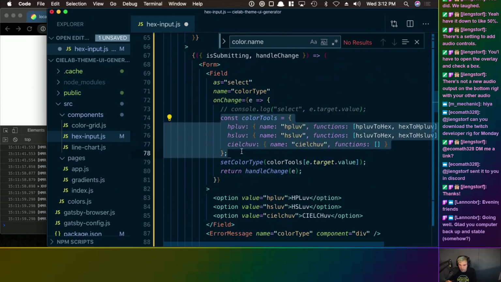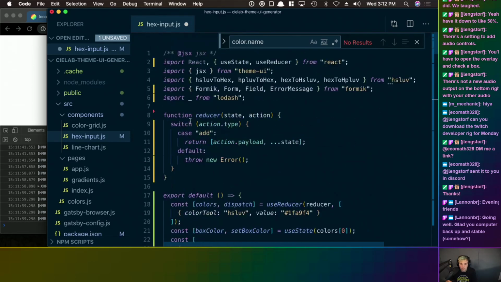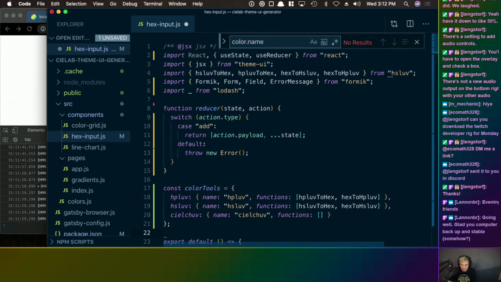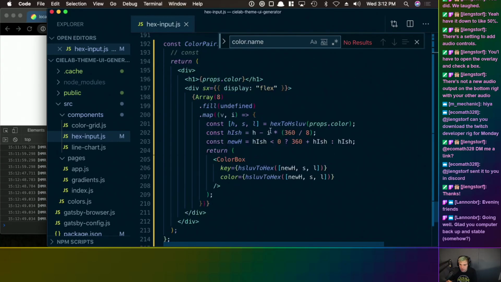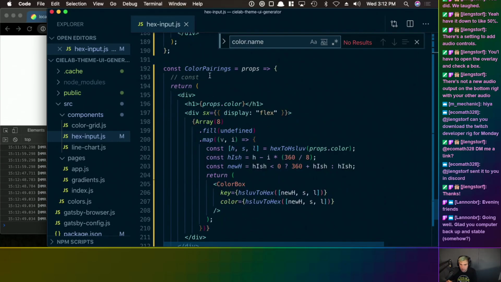This thing is going to go somewhere else, like up here. And now let's see, const functions to hex from hex equals